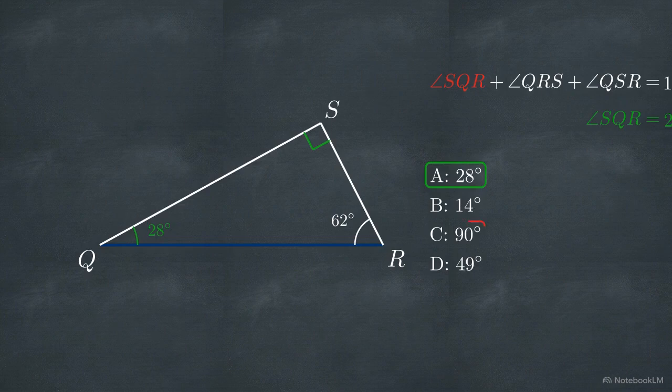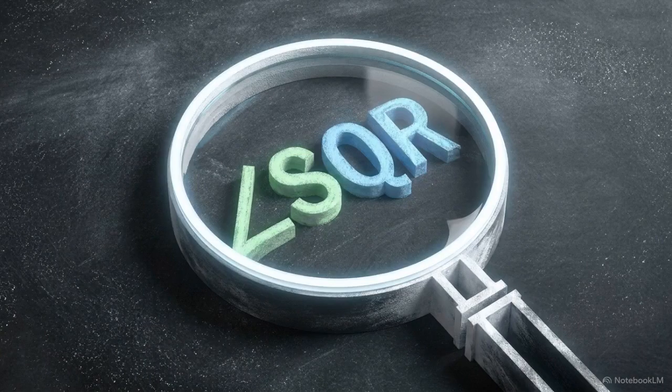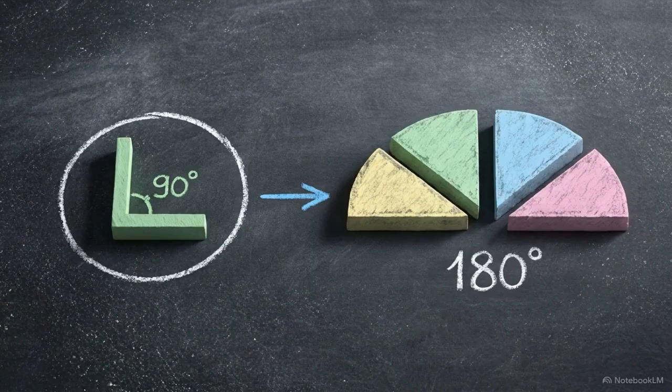Be careful with option C. 90 degrees is the angle at S, not the angle at Q. WAEC often includes these types of traps to see if you are paying close attention to which angle is being asked for. Success in geometry comes from chaining these rules together, using the circle theorem first to unlock the triangle